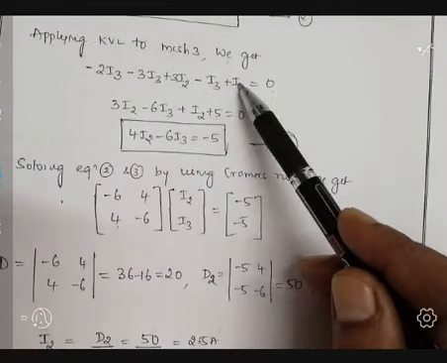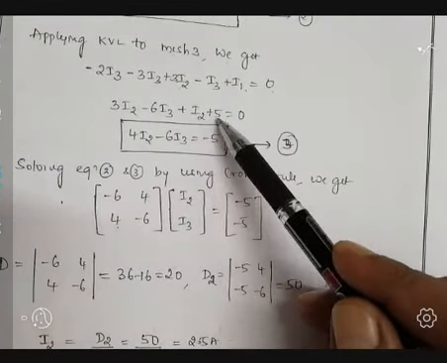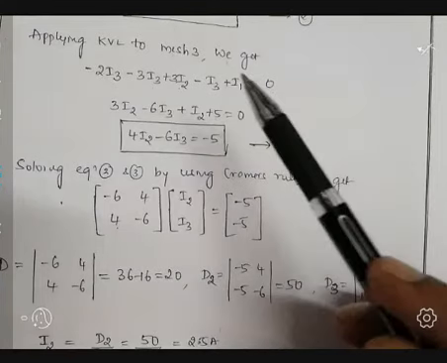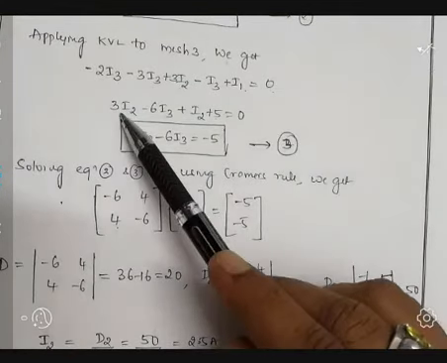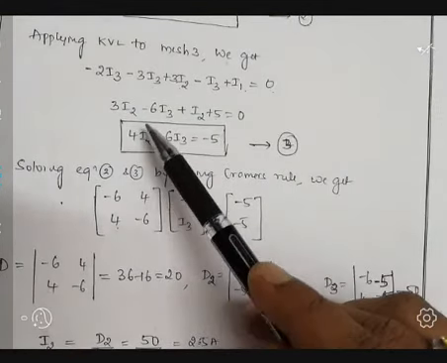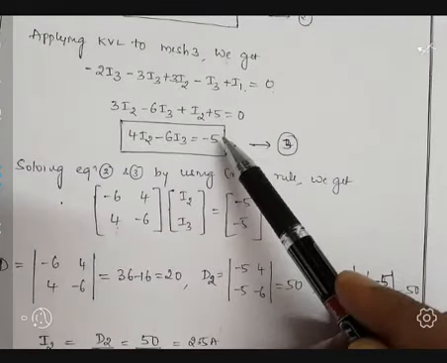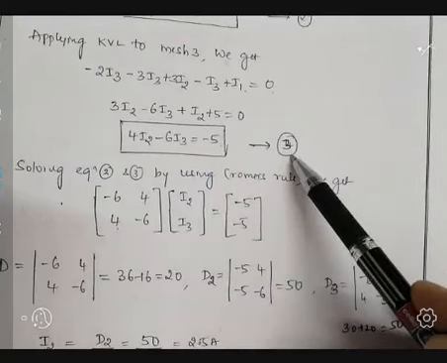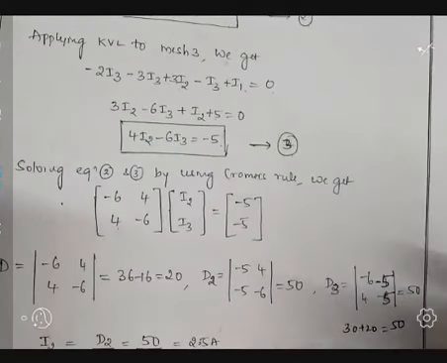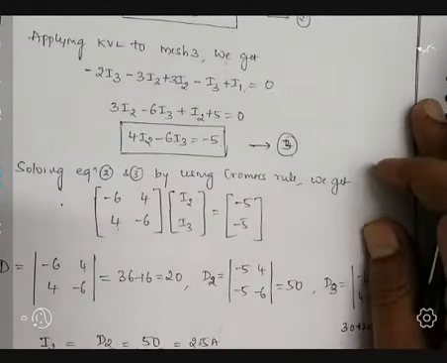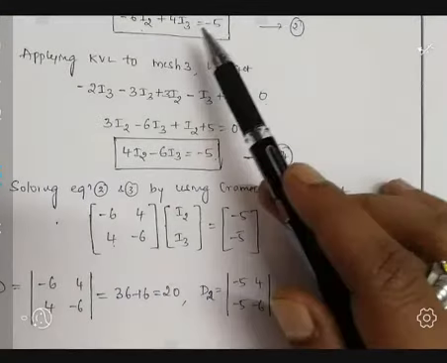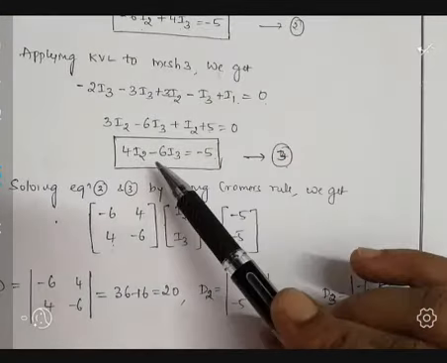In place of I1, I substituted I2 plus 5, equal to 0. Then the coefficients of I2: 3 plus 1, 4I2 minus 6I3. If I take 5 to the right side of the equal sign, it becomes minus 5. Let us write it as equation number 3. So we represented equation 2 in terms of I2 and I3, as well as equation 3 in terms